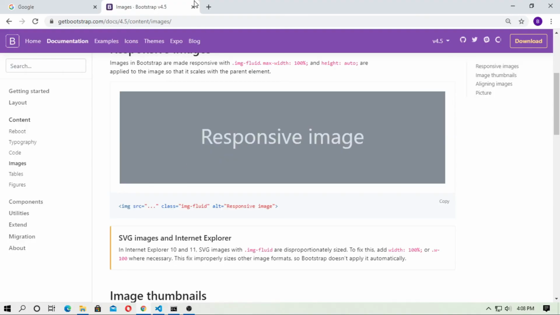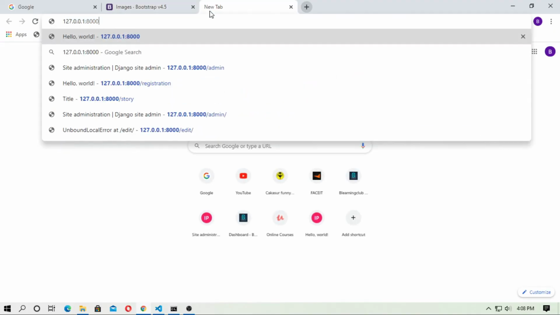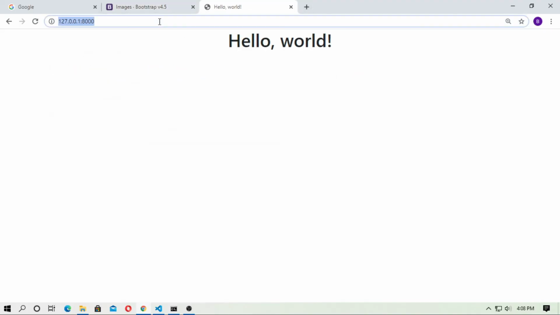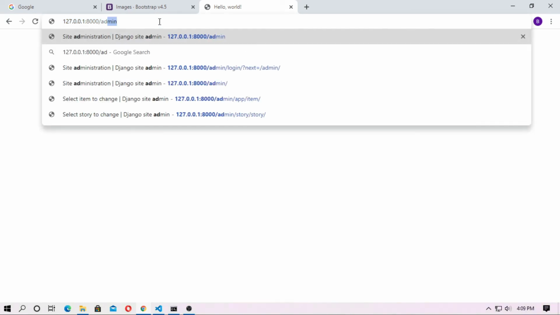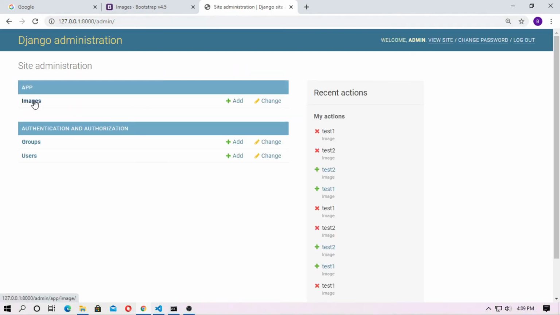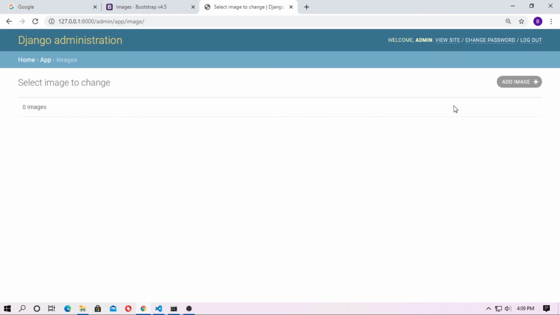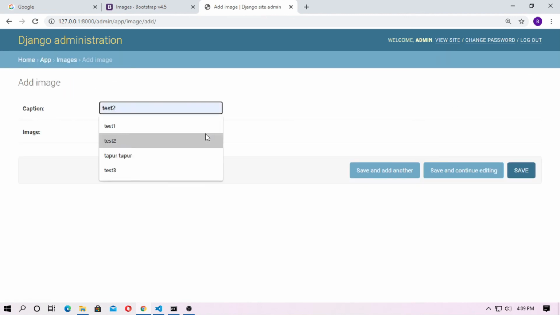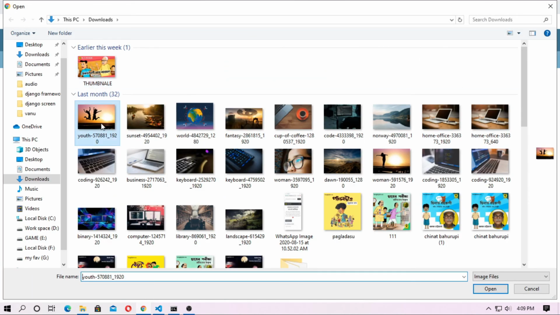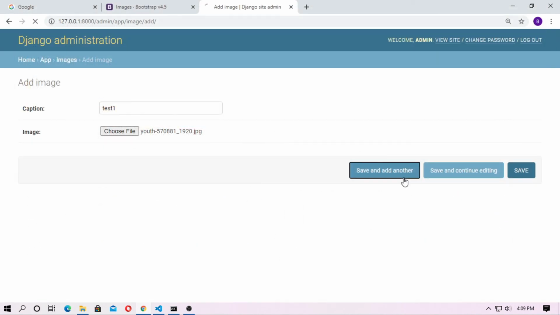Now go to the browser, type localhost and go to the admin. Here image is the field, and now add image. Type the caption test1, choose the file, save and add another.